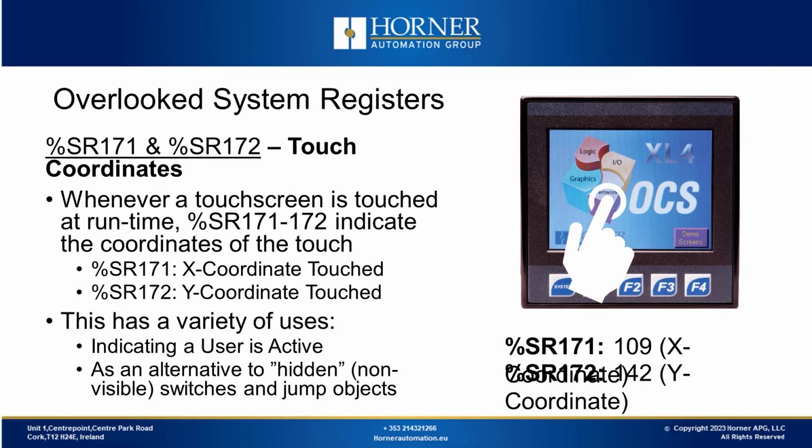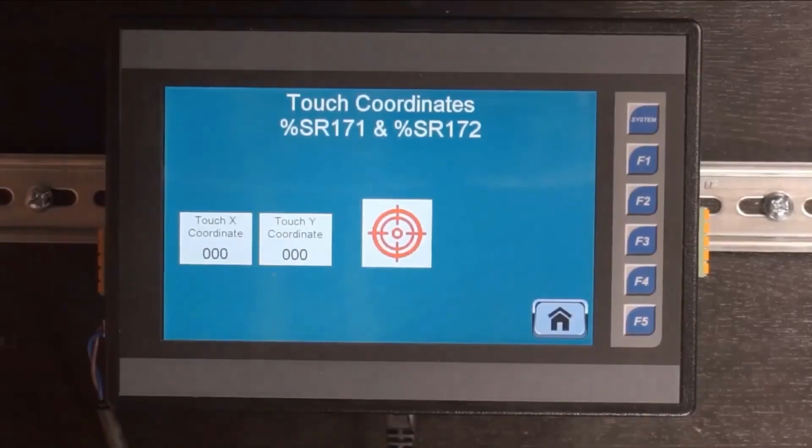Additionally, these touch coordinates can be used to activate specific functions when the operator interacts with the screen. Instead of using hidden or non-visible push buttons, we can use touch coordinates to trigger actions such as screen jumps or activating specific bits. So now we'll go back to the bench and demonstrate how touch coordinates can be used